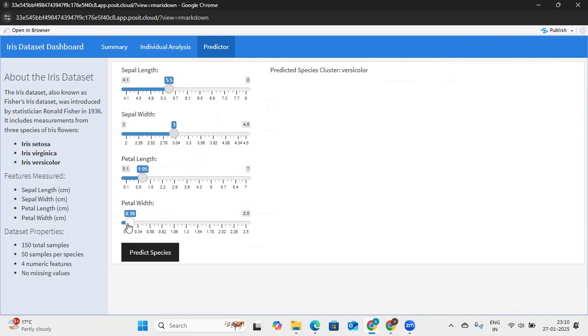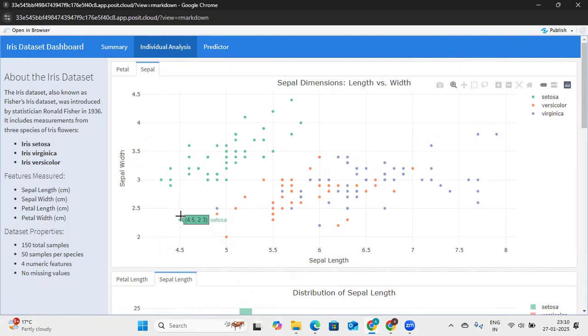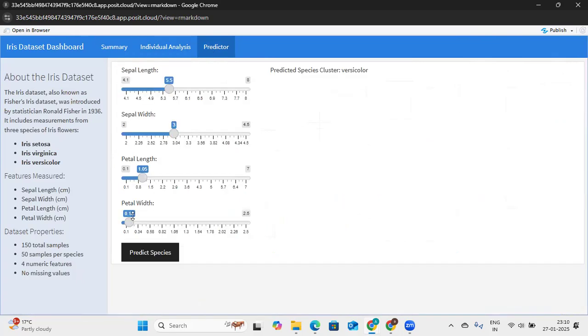Petal width around 0.1, somewhere around that. Going to sepal for Setosa, typically we see that even though sepal length is smaller, sepal width is a bit larger in comparison to other features. So for sepal length, we see it's 4.4. We can input something around 4.5, and sepal width around 2.9 or 3. So setting sepal width around 3 and sepal length a bit lower, around 4.4, when I predict, we can see the prediction is Setosa.